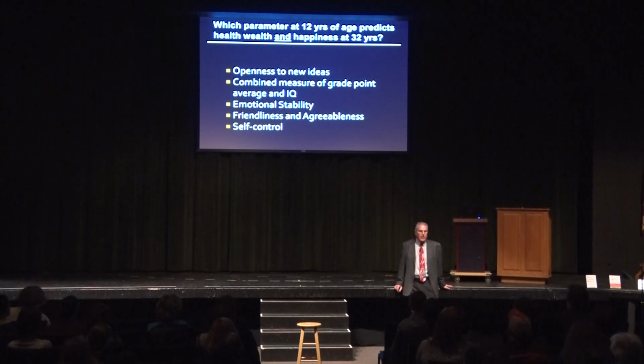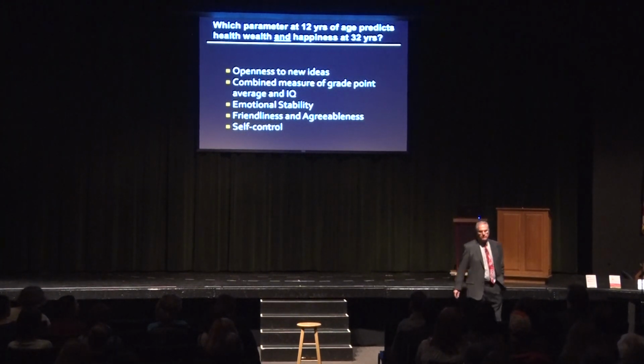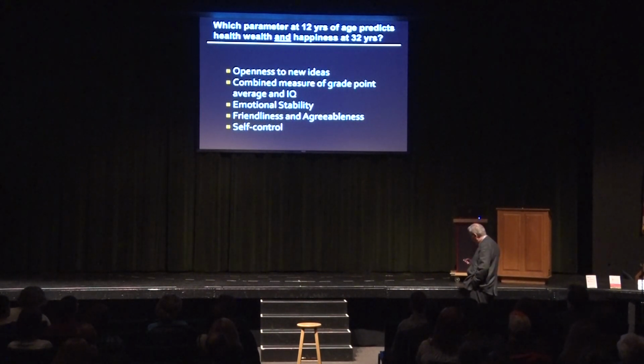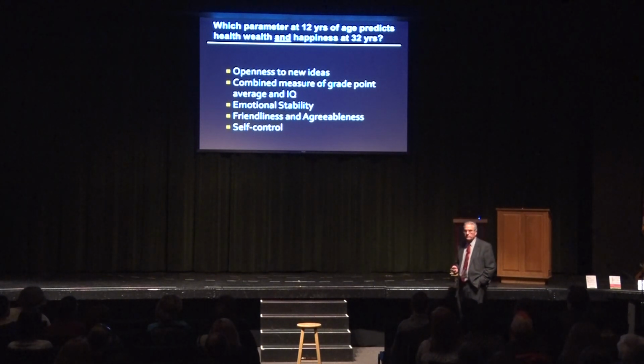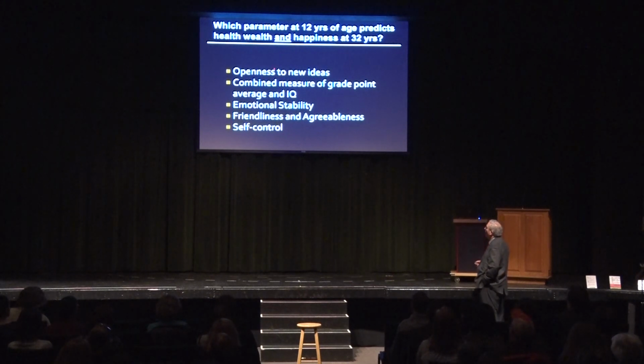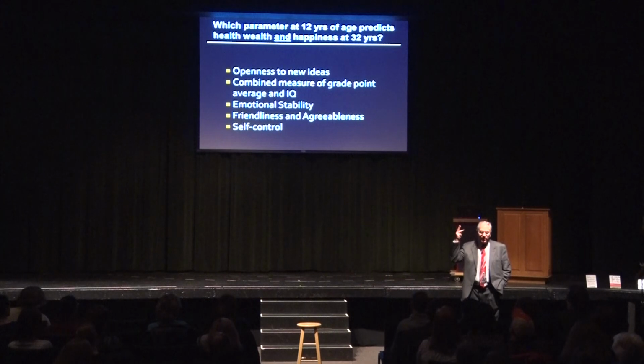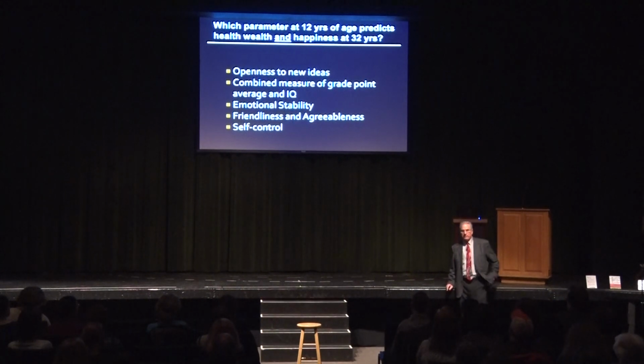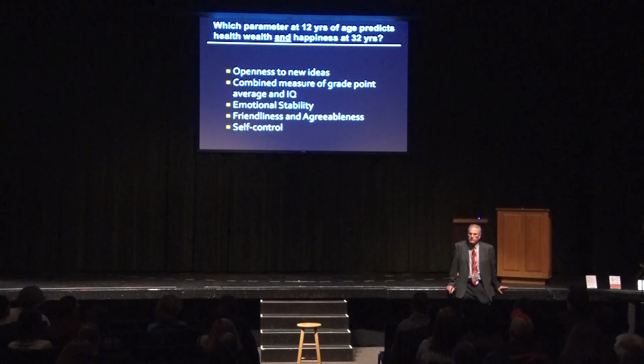20 years later, when these kids are now 32 years of age, you track them down, interview them, interview their neighbors, and for each of these individuals, you get a measure of health, wealth, and happiness, life satisfaction. One of the 5 measures shown here, obtained at age 12, powerfully predicts health and wealth and happiness in that individual 20 years down the road, but only one of these 5. The other 4 predict one or none of those 3 principal outcomes, the 3 principal outcomes being health, wealth,